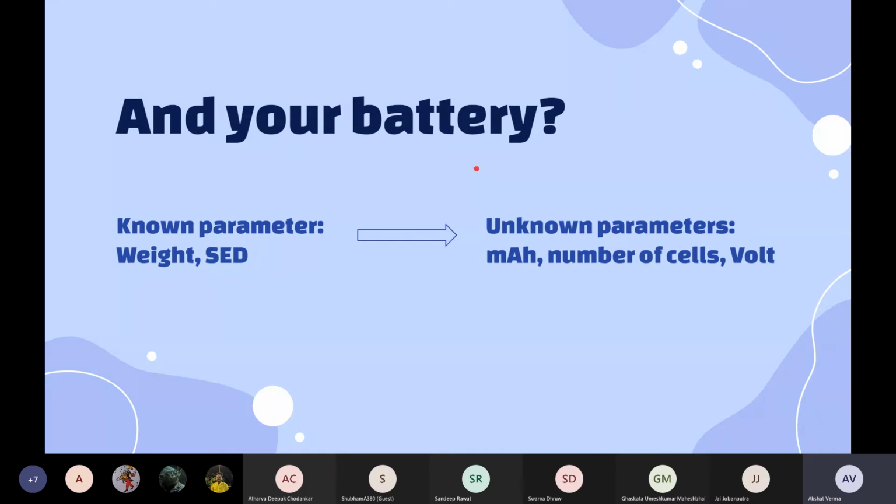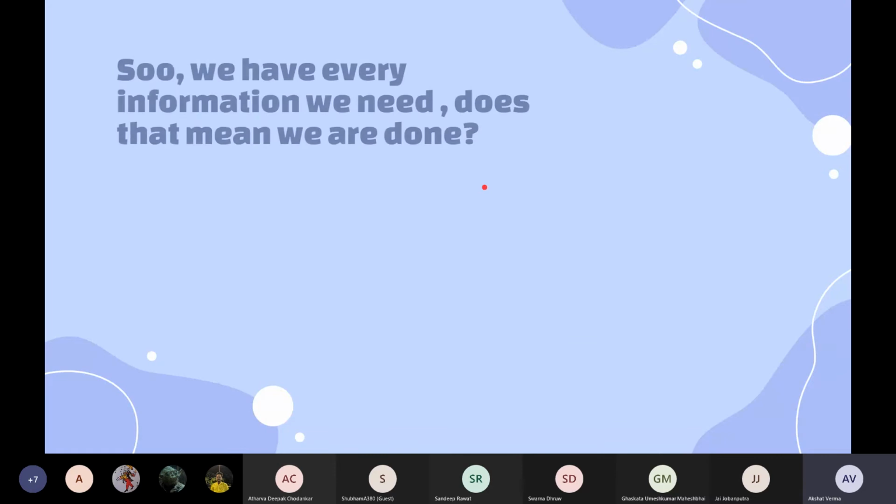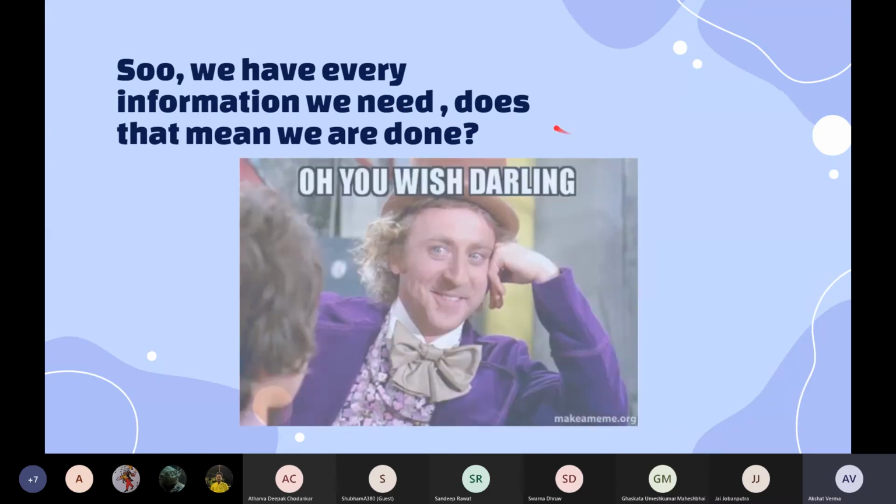So we have chosen two major parts of our aircraft, that is the motor and the battery. It seems that we have got almost everything, right? We have got the weight of the battery, we have an estimated total weight, the first initial weight which we took. We have also got the motor we want to use for our aircraft, and the specifications of the battery we need to use. So it looks like we have got everything, and we can now start building an aircraft, but that is not the case, right?